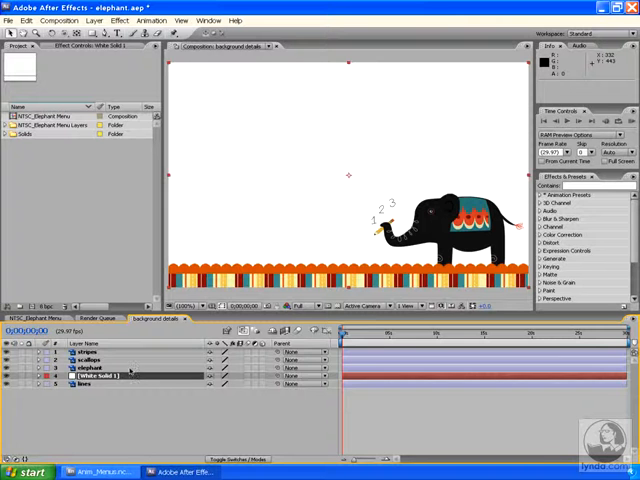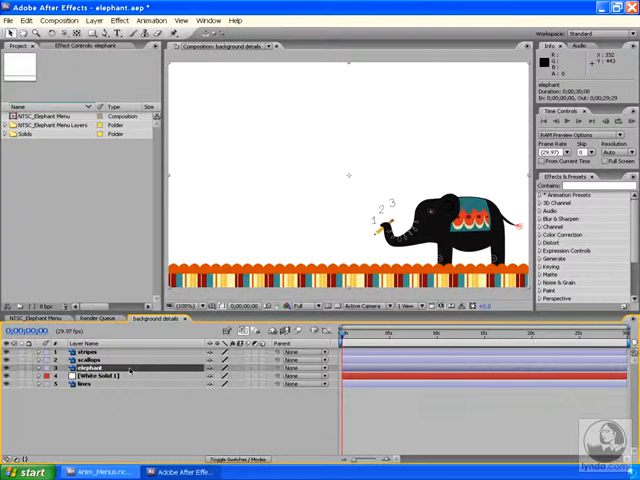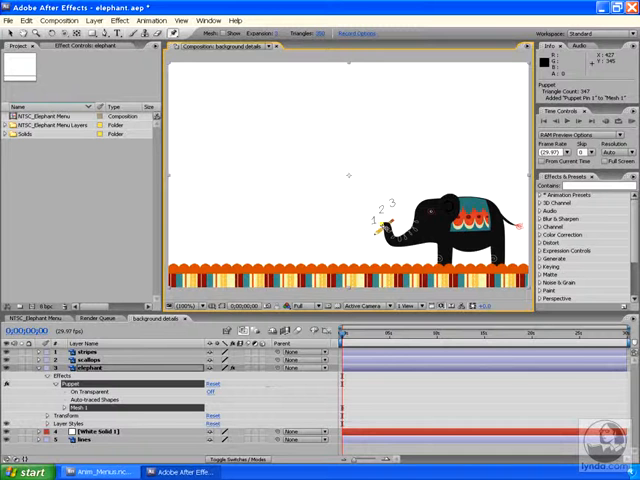Now I'm going to select the elephant layer, and I'm going to bring it to life using a brand new tool in After Effects CS3 called the Puppet tool. So I'm going to select the Puppet tool. I'm going to click on the edge of the trunk, and I'm going to set a few more points to anchor this elephant here,